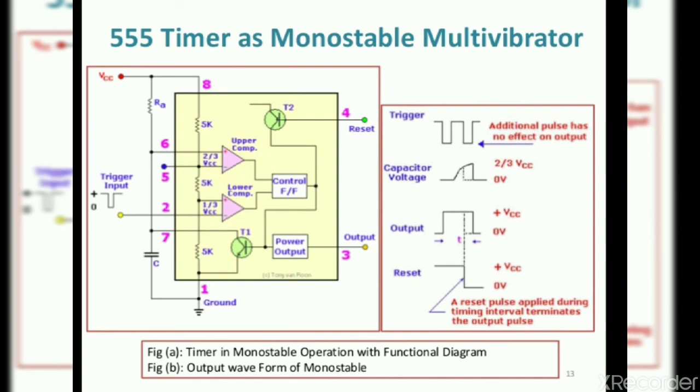This is about the monostable multivibrator. Today we discussed why it is called monostable: only one stable state and the other is a quasi-stable state. That is, if you observe the waveforms of this one, there is one stable